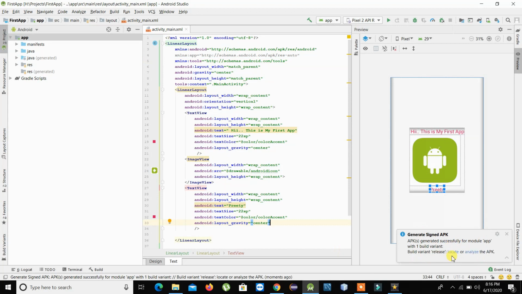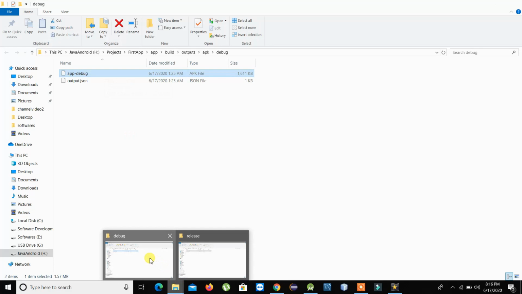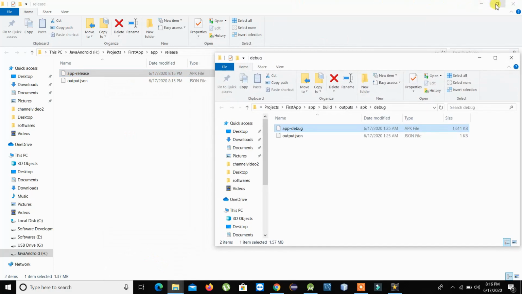Once you click on here, you can click on locate and it will take you to the folder where it is present, and you can see this is the APK file where it is named as app release. We can compare those two APKs.